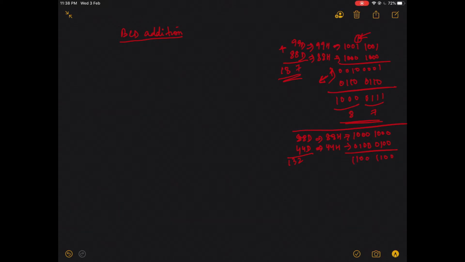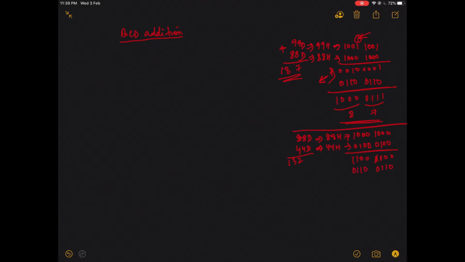This is actually CC in hexadecimal, but in decimal there are no values from A to F. So what happened is, when your lower nibble is greater than 9, you add 6 to the lower nibble. At the same time you check your upper nibble. Is it greater than 9?